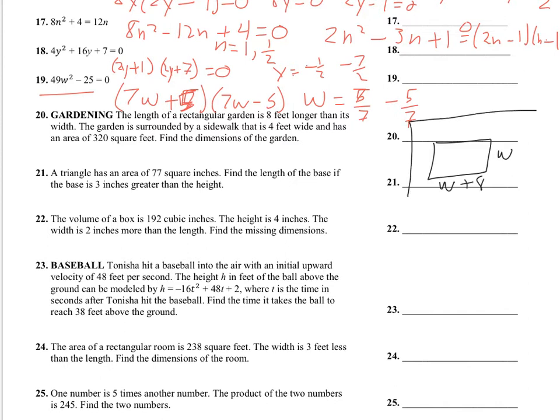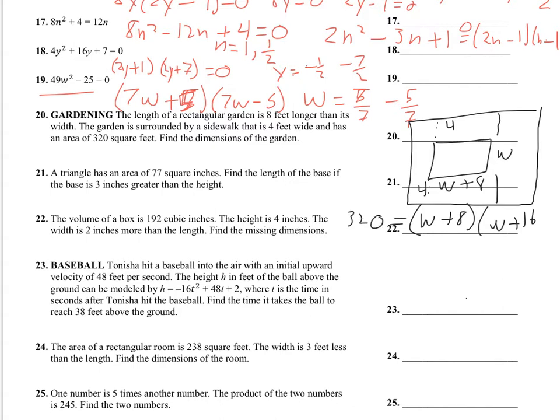Now, it is surrounded by a fence, right? Of some type, or a sidewalk, that is 4 feet wide and has an area of that. Find the dimensions of the garden. So there's this sidewalk here that is 4 more feet on either side, kind of like that. So to find the dimensions of the outer rectangle, it is w plus 8 by, and then the other one is w plus 16, and that has to equal